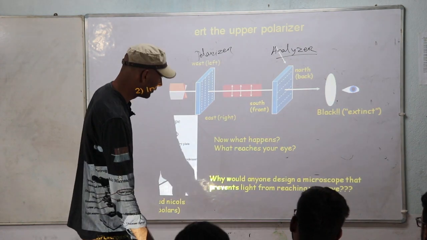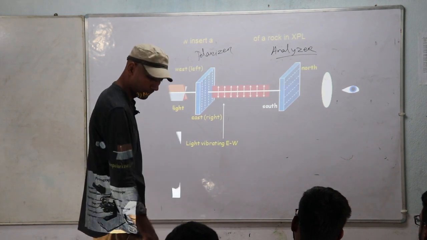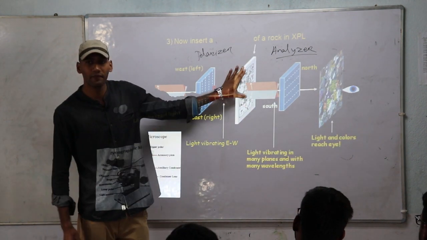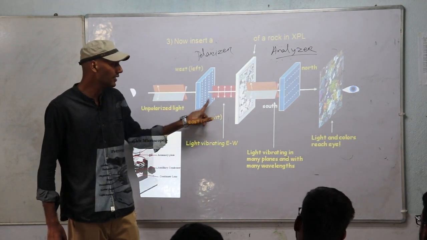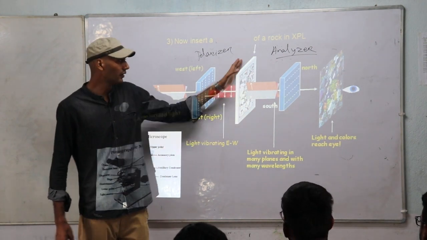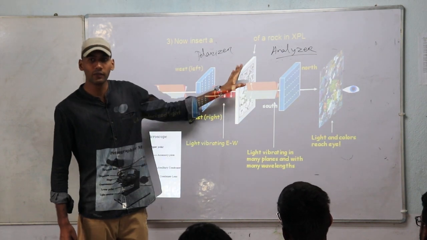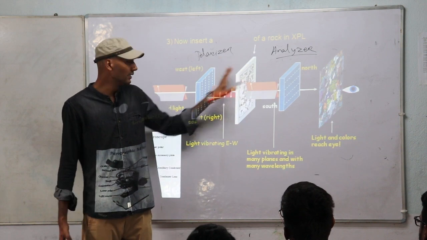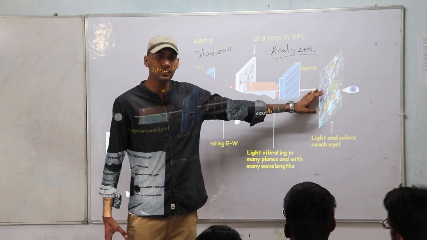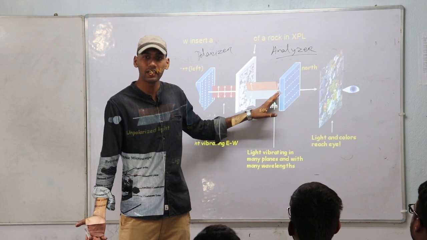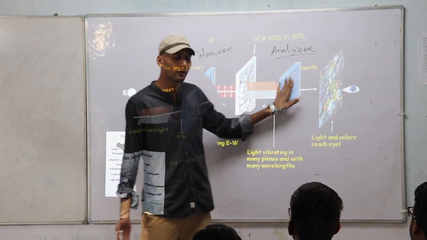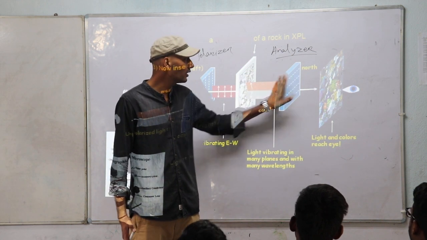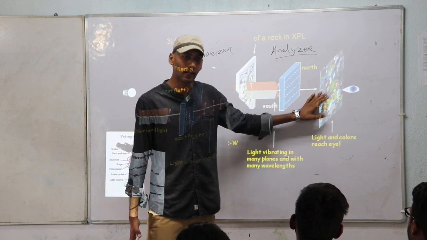Now let's see if I am entering a mineral here. You can see here I have entered a section here. That was unpolarized in the previous case. Now I have entered the mineral. The mineral should be anisotropic. If it is isotropic, then the same thing will pass through it, because there is no change in properties in every direction. The same ray will come out of the isotropic mineral, it will not pass through the analyzer, and there will be darkness.